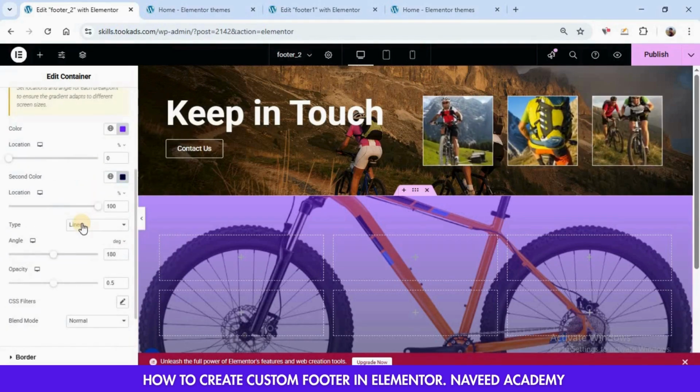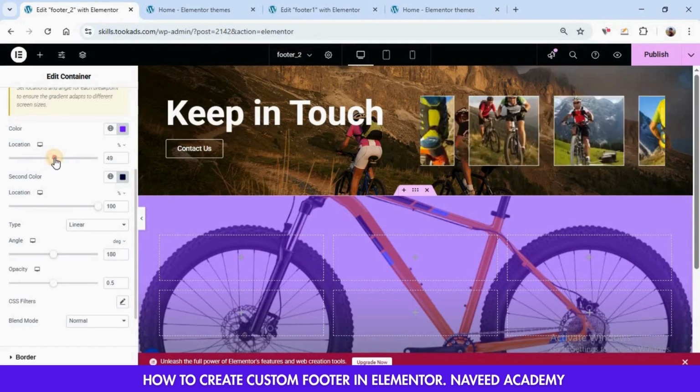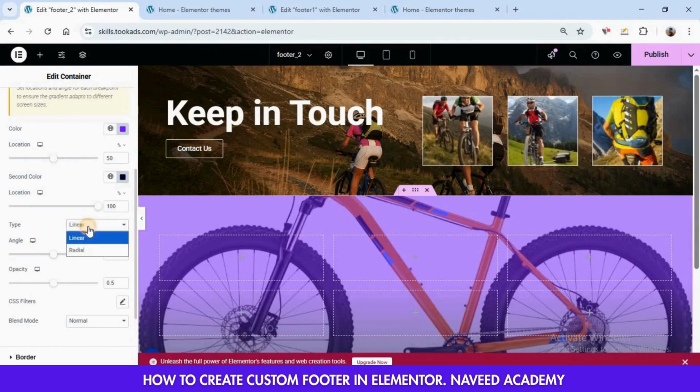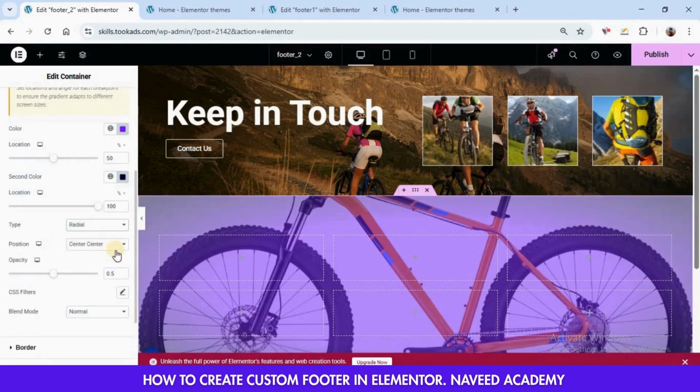After that, we also need to set the location to 50 and set the type to radial and need to set the opacity to 0.9.